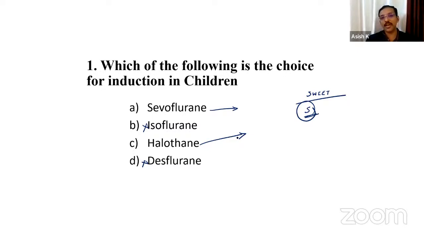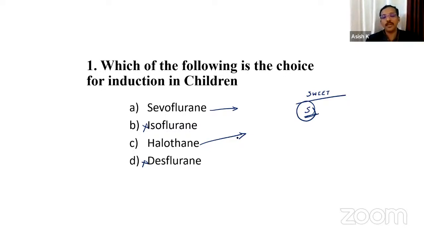It had very good advantages, in that the MAC value is 0.75, which makes it a highly potent volatile agent for induction. But unfortunately, it had a lot of issues like hepatitis, precipitation of malignant hyperthermia, vasodilatation, arrhythmias,